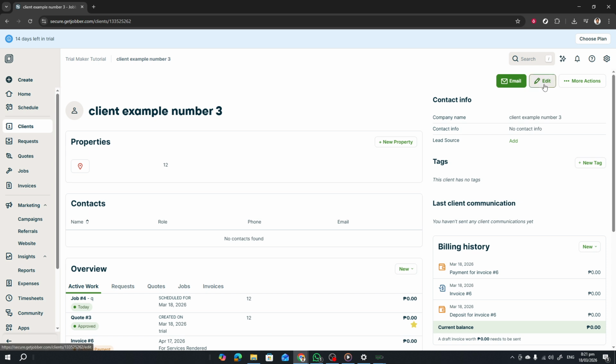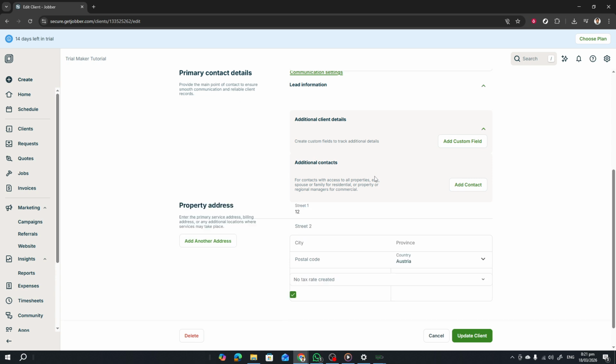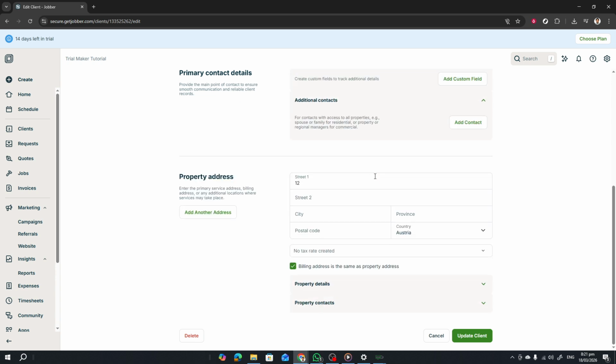You're now in the place where you'll consolidate all data. Think of this as cleaning up and completing the single record that your team will rely on moving forward. Begin by transferring contact information. Copy over the most up-to-date first and last name, company name if applicable, primary phone numbers, and the best email